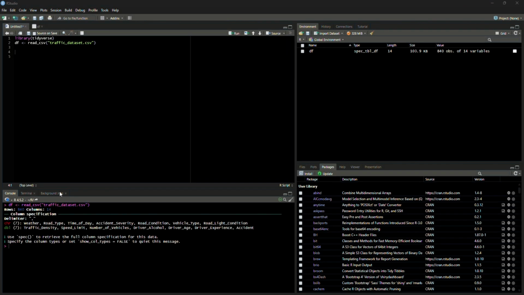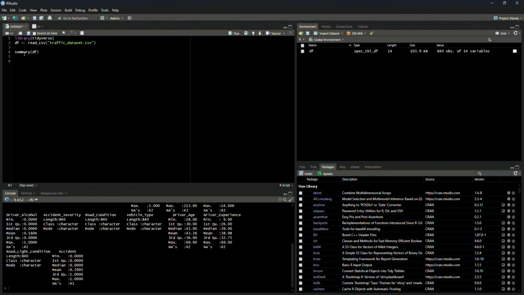Before we start cleaning anything, you need to understand what you're working with. So ask things like, what are the columns, the data types, are there any missing values? To do that, you put summary, brackets, your object name. In my case, df. As you can see, a lot of the columns are numeric data type. So with that, you can actually see the mean, median, the maximum value, the minimum value, and all sorts of